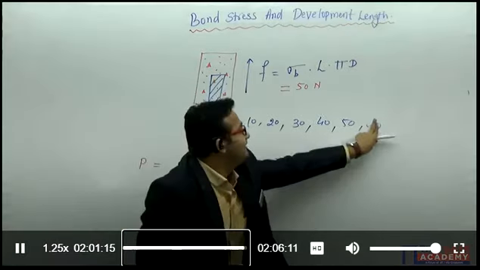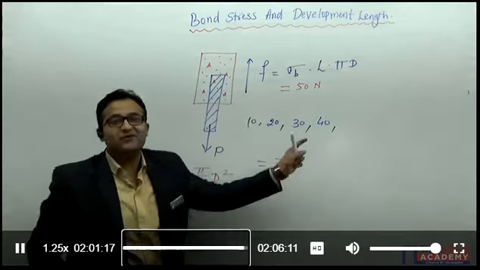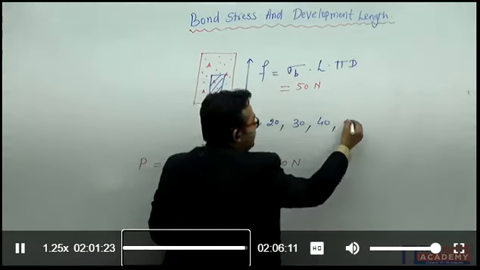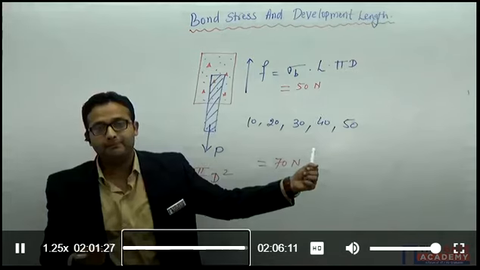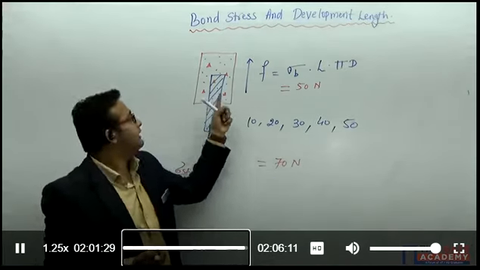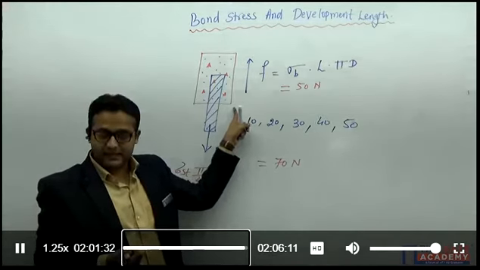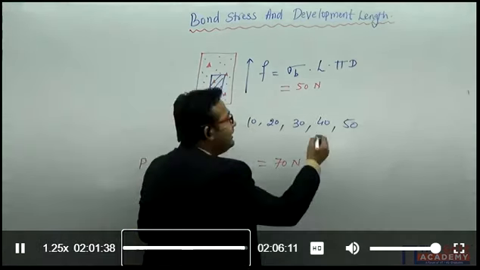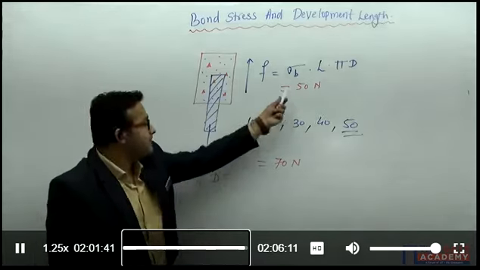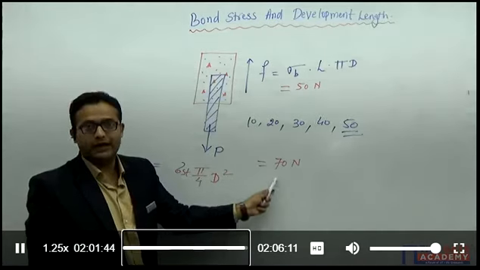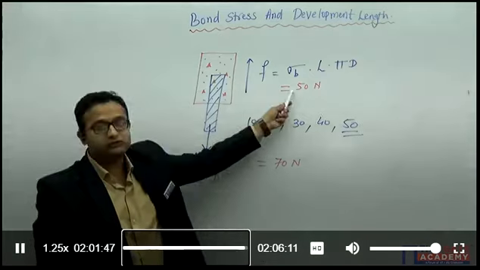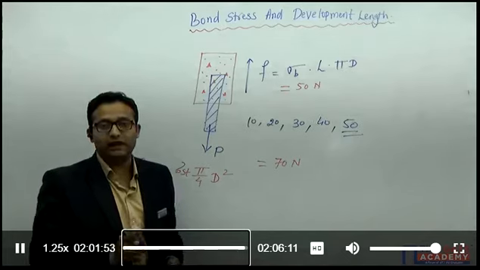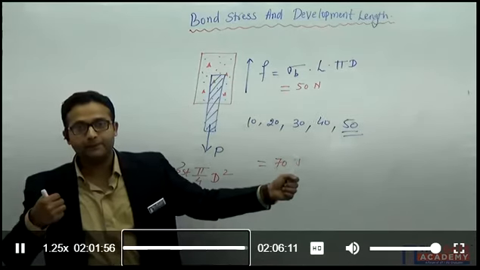Sorry. When I am pulling with the 40 Newton, and I increase again the load up to the 50 Newton, immediately it will fail. The block will not be in its original position. It will not be in the stable condition, right? So what is the value of P I should apply here? That is 50. Means minimum of these two, right? Suppose the value is 50. This is suppose the 70. Out of these two, whatever is the minimum value, that I should apply.